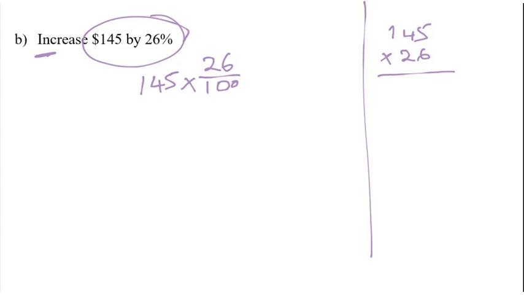So 6 times 5 is 30, 6 times 4 is 24, plus 3 is 27, 6 times 1 is 6, plus 2 is 8. Now I'm going to multiply by the 2, so put a 0 in that placeholder. 2 times 5 is 10, carry the 1, 2 times 4 is 8, plus 1 is 9, and 2 times 1 is 2. Add that up. 8 and 7 is 17, gives me that. And so that is going to be